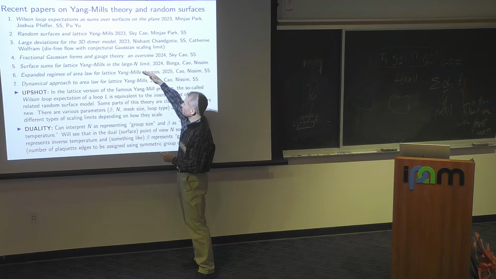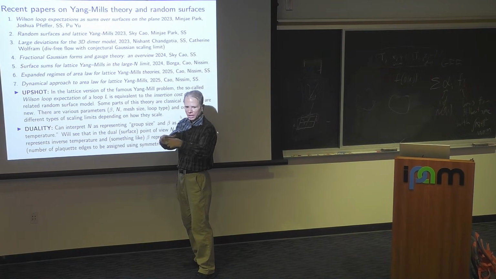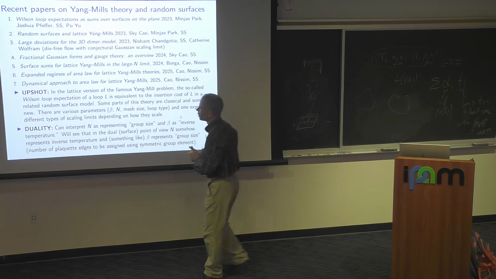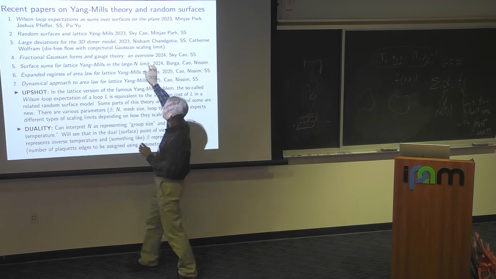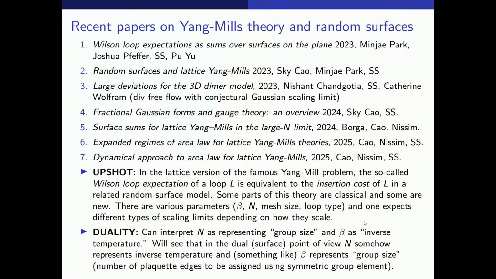So recent papers are showing, for a greater range of parameters, that this thing has an area law related to what they call quark confinement, that as you stretch out the loop, the expectation decays like e to the minus the area. So we have this that really helps you understand the Gaussian theory, and we have all of these things that are really